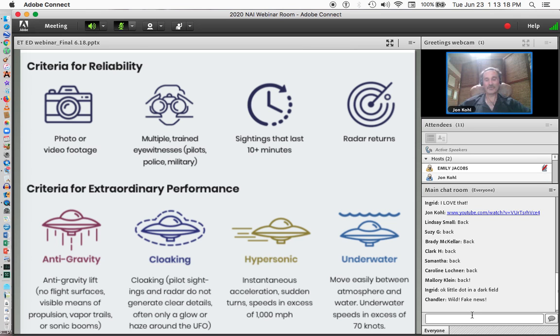Matter of fact, about 90% of them have conventional explanations when they're vetted. So we want to see, is there video footage, are there photos, who saw this? Are there just regular people, quote unquote, or are there trained eyewitnesses, experts? How long was this sighting? And whether or not there were radar returns, because a radar return indicates that something physical was actually detected on